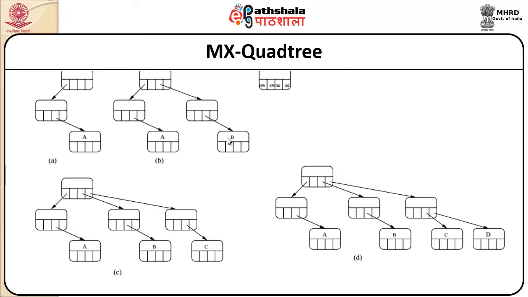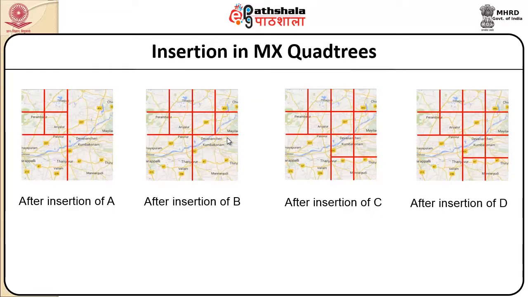But when we try to compare between 2-dimensional trees and MX quadtrees, the height of the tree is largely decreased as the boundary limits are clearly defined. Say upper bounds and lower bounds are clearly defined, in that specific juncture the height of the tree is completely decreased. So, after the procedure that we have looked at earlier, after insertion of a point,